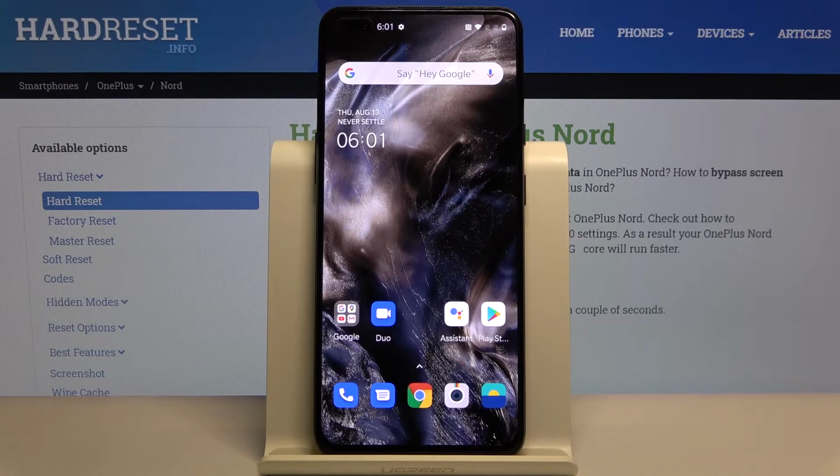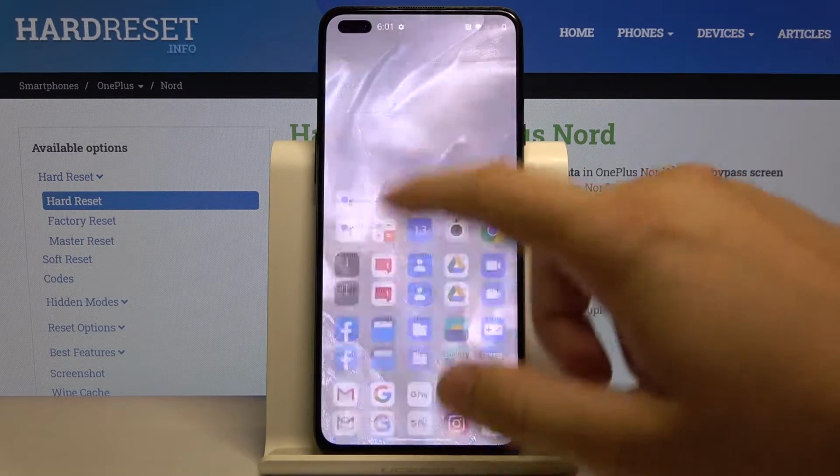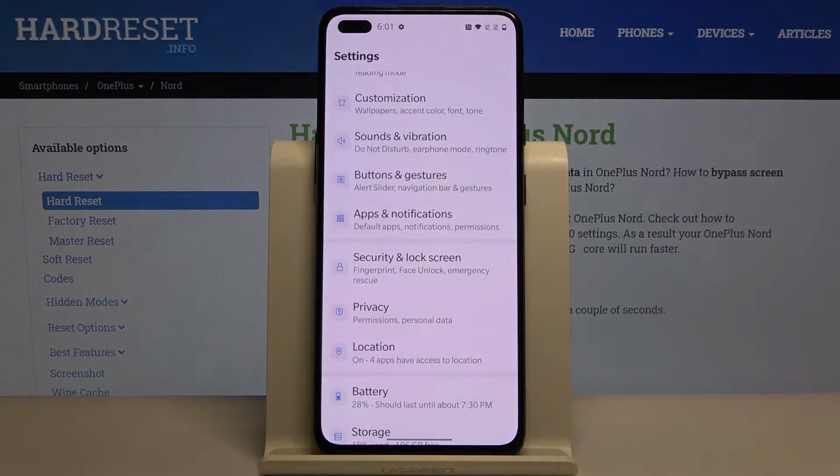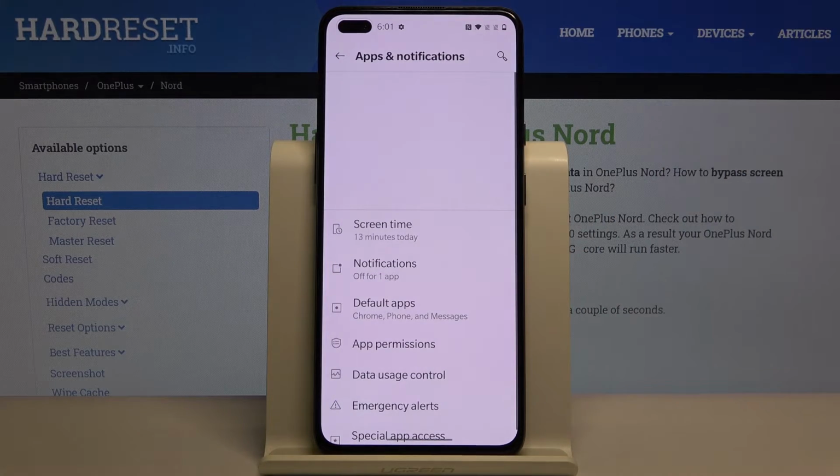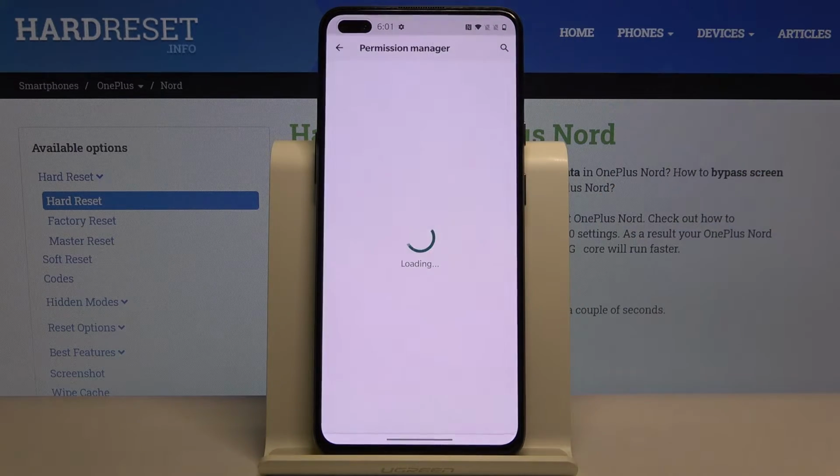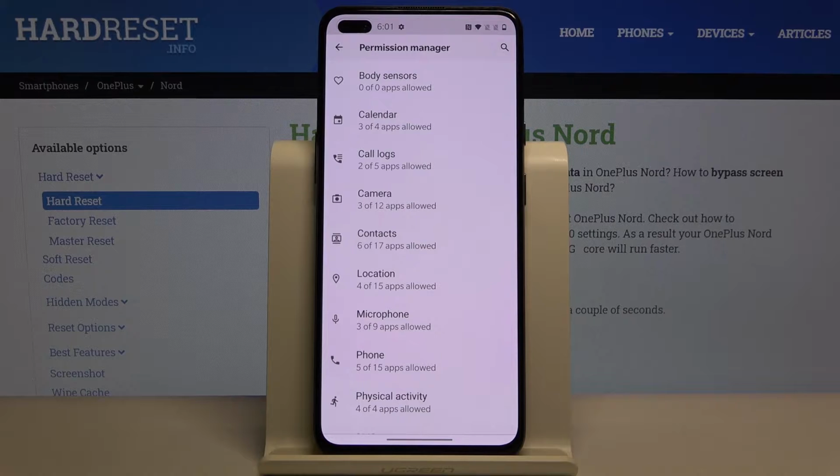If you want to manage app permissions in your OnePlus Nord, first you have to go to the settings. Right now we have to enter Apps and notifications, and here tap on App permissions. Right now, for example, we can enter the location,